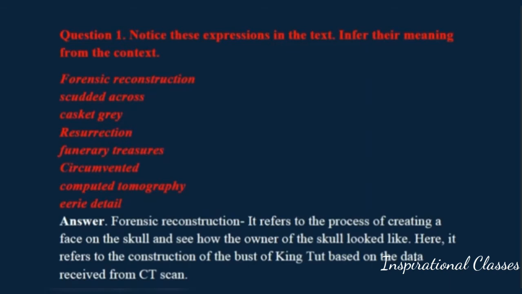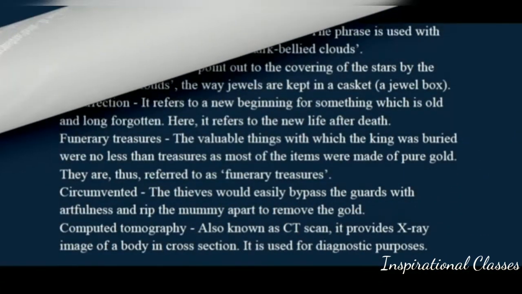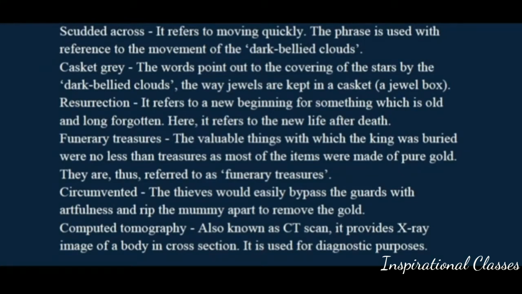Answer. Forensic reconstruction refers to the process of creating a face on the skull to see how the owner of the skull looked. Here, it refers to the construction of the bust of King Tut based on the data received from the CT scan. Scudded across refers to moving quickly. The phrase is used with reference to the movement of the dark bellied clouds. Casket gray, the words point out the covering of the stars by the dark bellied clouds,